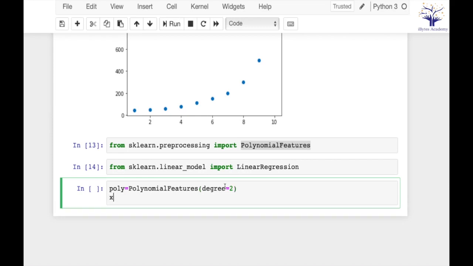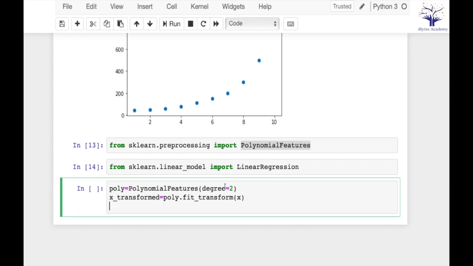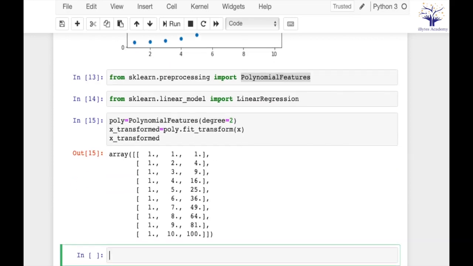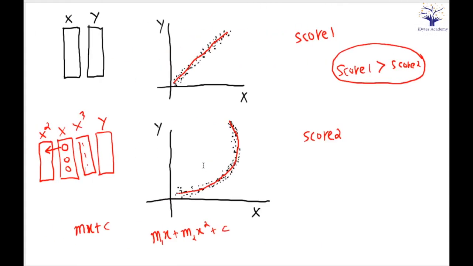Now my data set will be transformed. Let's say this is my x transformed is equal to poly dot fit transform x. If I see my x transformed, it has transformed into three features, right? So the middle one is our original data set. What it has done is it has squared each value and put it on the right. See, okay. So what it has done,